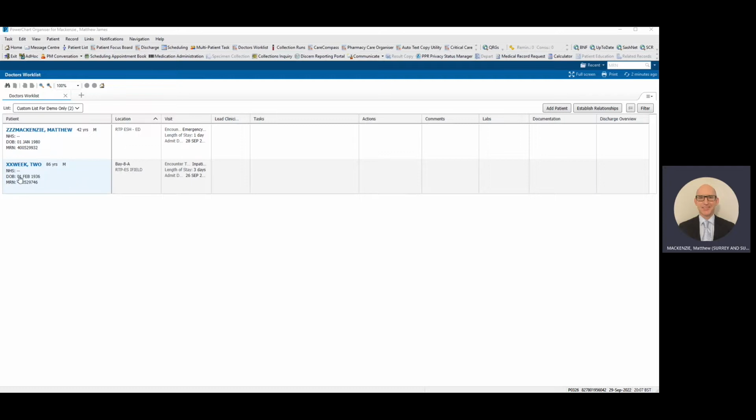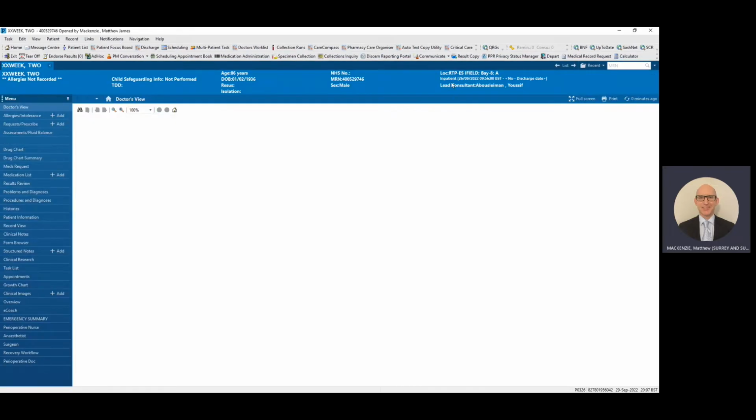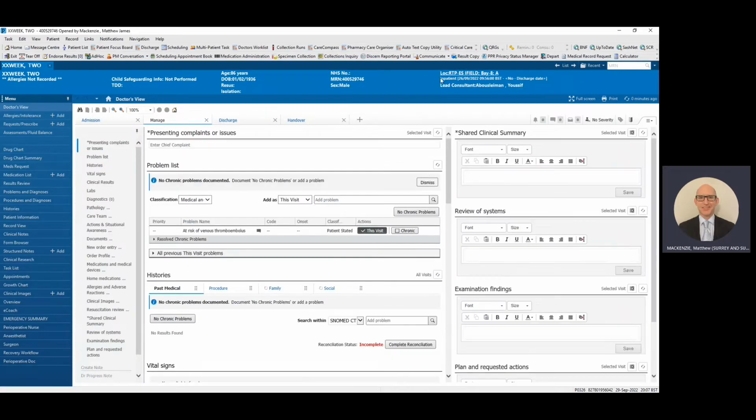You should also have the secondary filters to make sure that you have non-discharged patients. I'm just going to pick up this patient as a demonstration, and just check here that we have an inpatient encounter selected. It's really important that you get the right encounter here, because where you document the ReSPECT process and the resuscitation status will have an impact. So if you have searched via the MRN bar in the top,